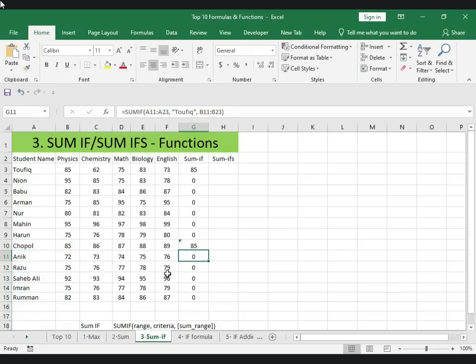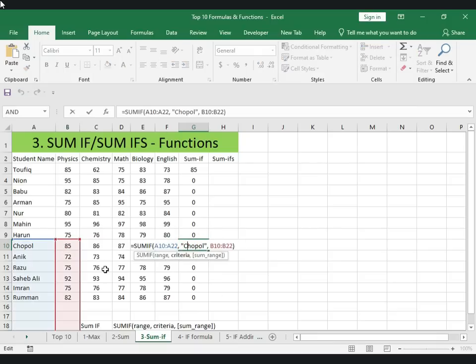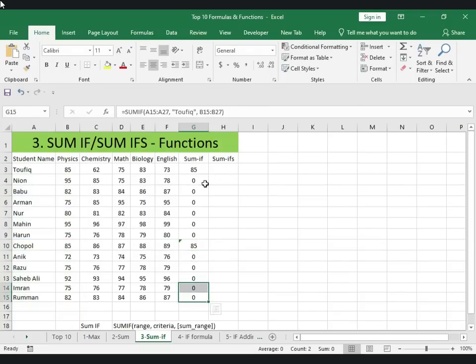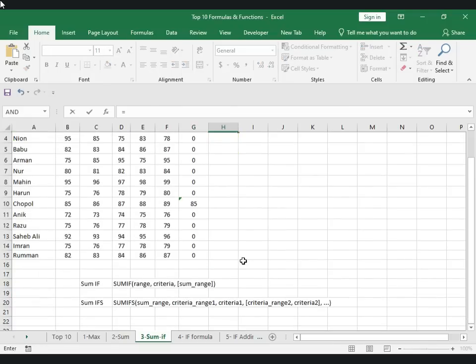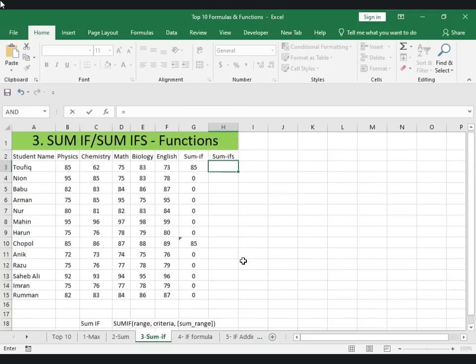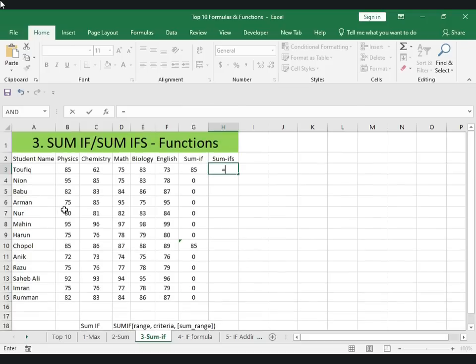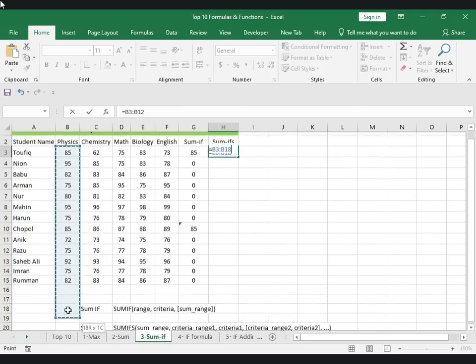what will be the answer? Yes, 85 already came. So it doesn't say that it comes from here. It comes from here. And sumif means there will be two conditions. And where will be the sum? This one,